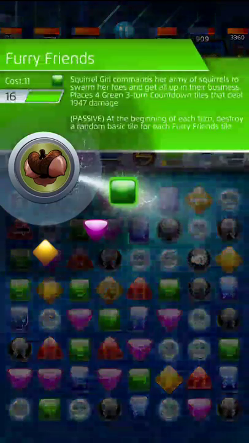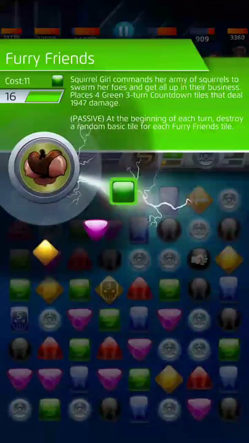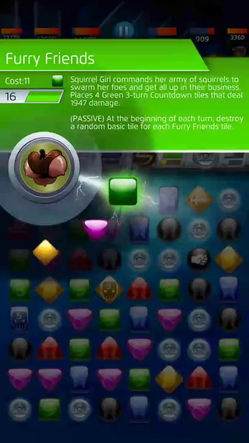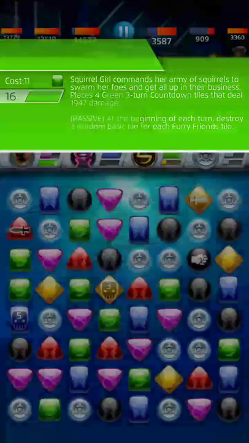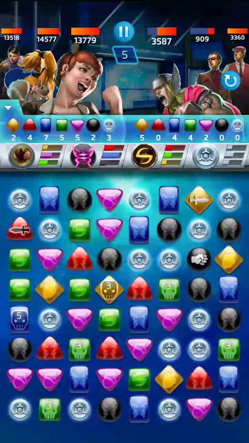Let's go ahead and play Furry Friends. It places 4 green countdown tiles, and each turn they do a little bit of damage by destroying the number of tiles for each furry friend. So that's 4 per turn while there's 4 countdowns on the board. And when they expire, they do 1900 and some damage each. But with that huge strike tile out, watch what this does